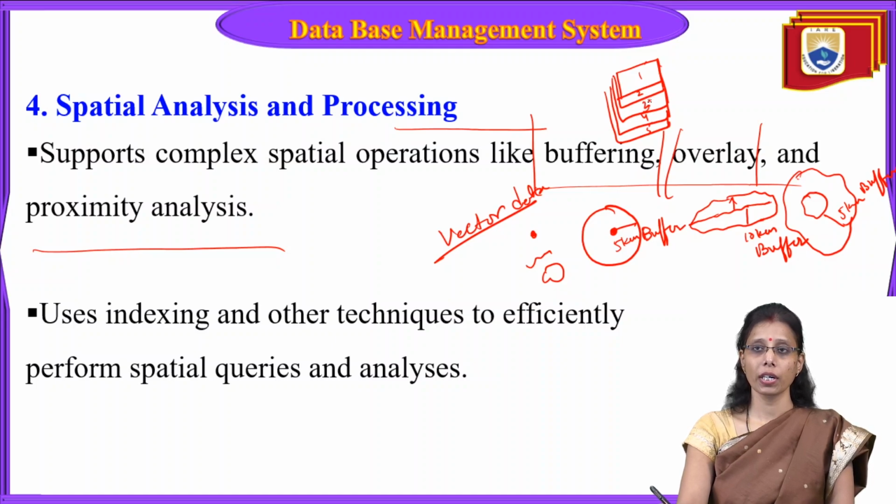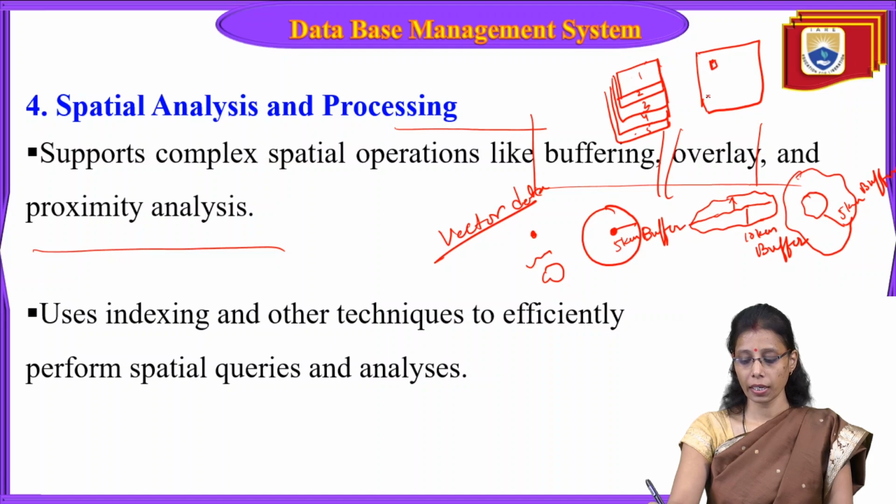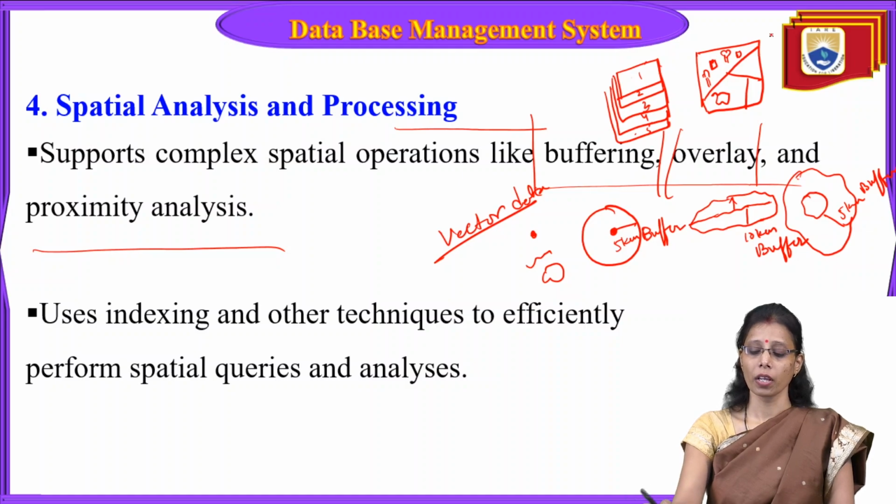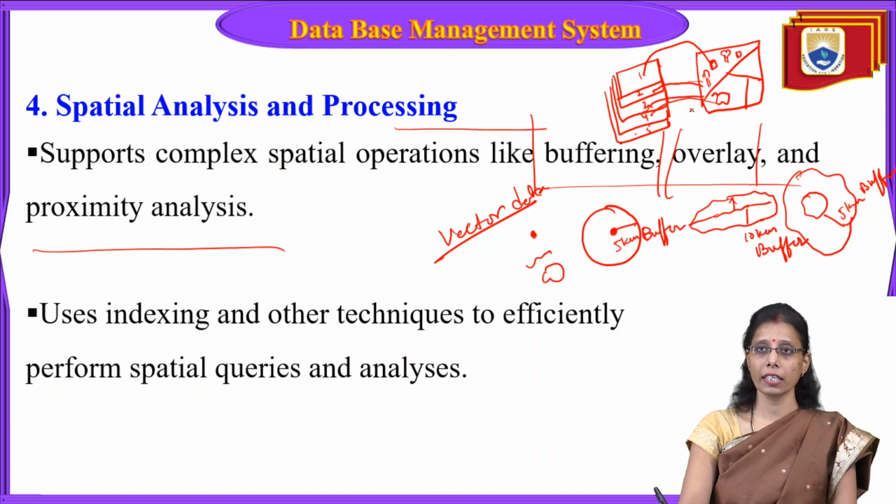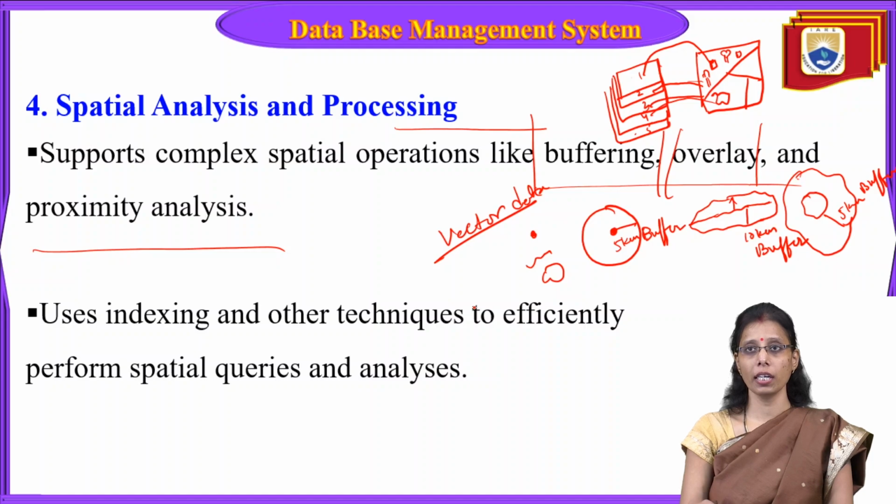Once you run the overlay process, what happens? The overlay process will merge all this information together. Suppose in a single map you have a point here, a building here, a road here, a water body here, a tree here, and one more building here. All this information you can see in a single map. If you shift this information into separate layers, like building to the first layer, tree to the second layer, water body to the third layer, roads to the fifth layer, and later you align all the layers together,